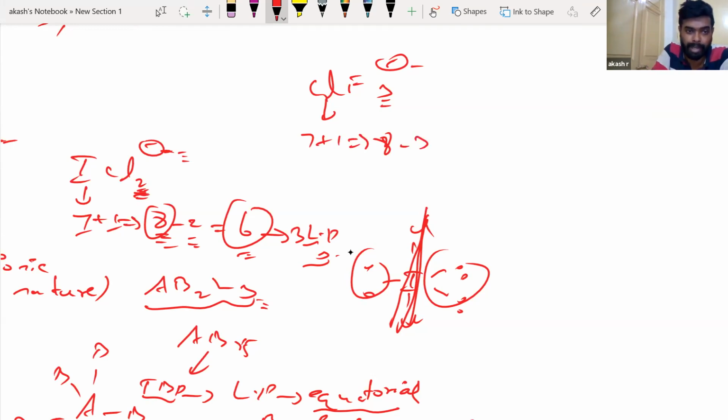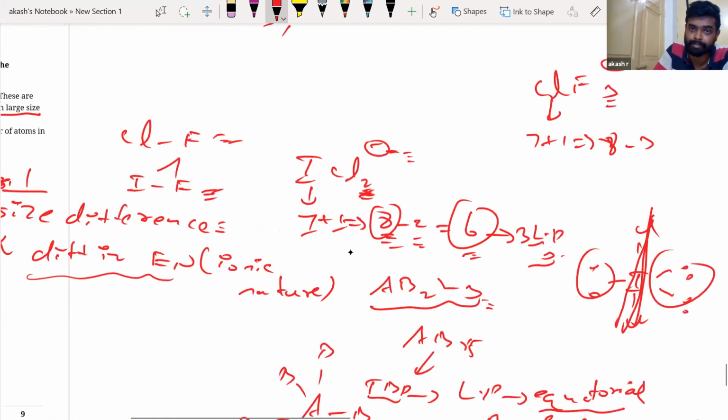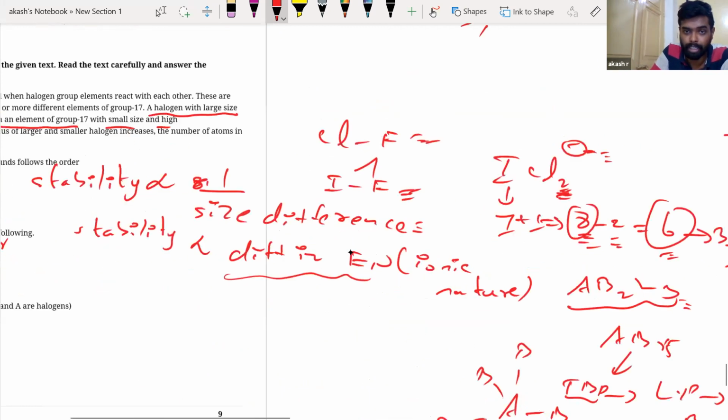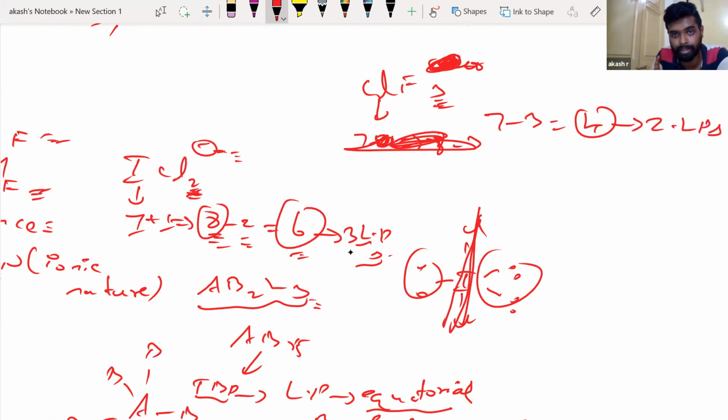I think it's not ClF3 minus, it is ClF3. Right. So ClF3 means this plus 1 electron is not there. So chlorine has 7 valence electrons. Now out of that, 3 are involved in bonding. So there are 4 electrons left out, so 2 lone pairs. Hope you're all able to get this.